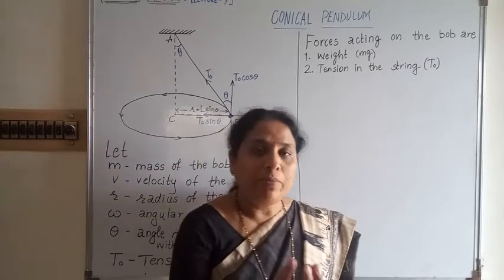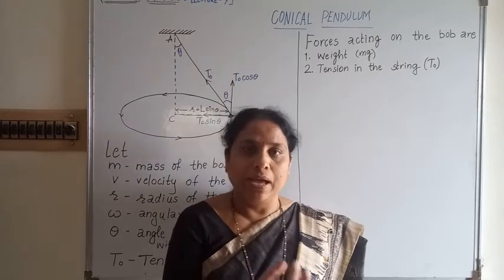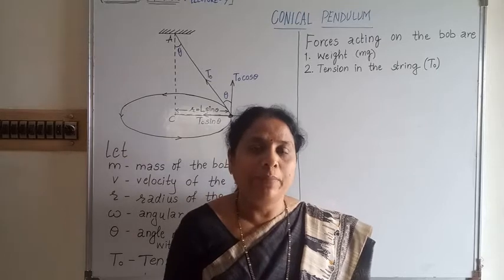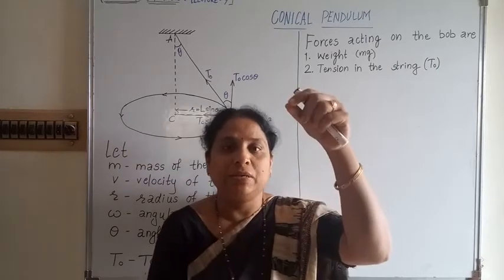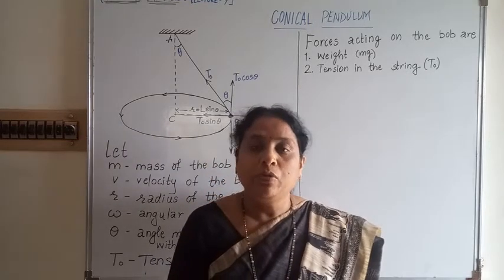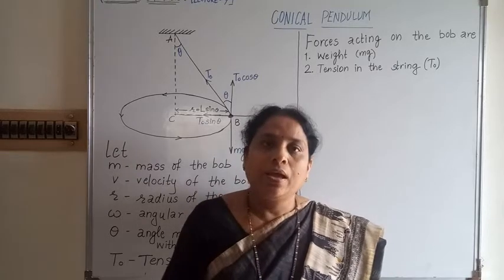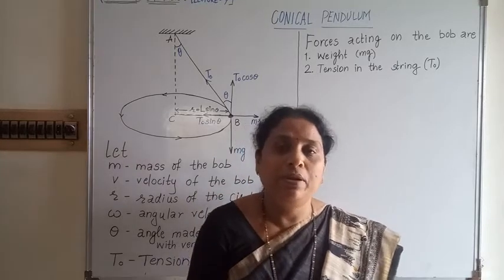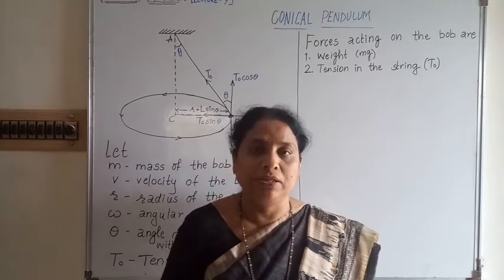When a heavy metal sphere or a point mass, actually it is called a point mass, but ideally it will not be in practice. So a heavy sphere attached to a light inextensible string is simply called a pendulum. When we move it in a vertical plane in horizontal direction, it is called the simple pendulum that you have to learn in chapter 4, that is oscillation.